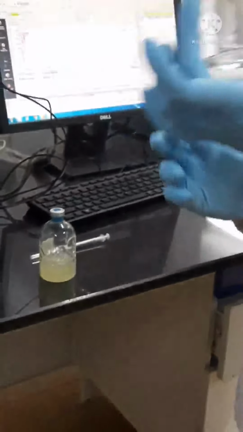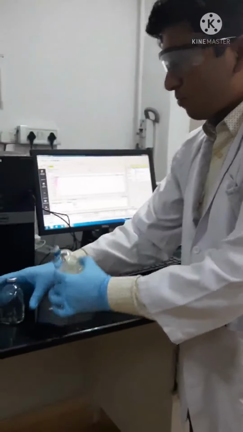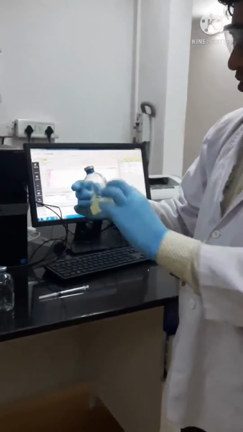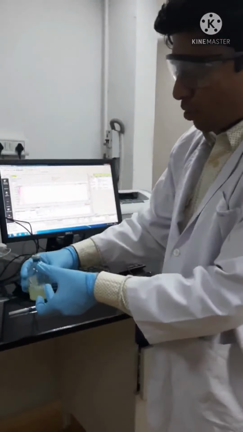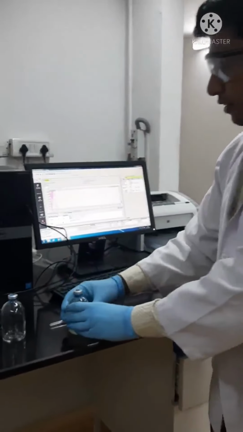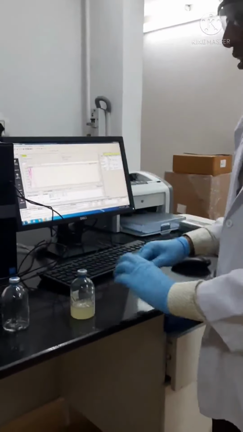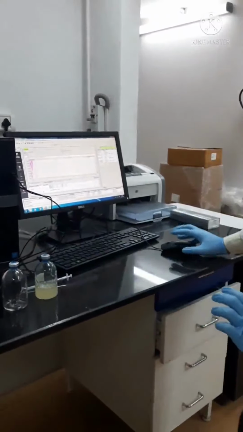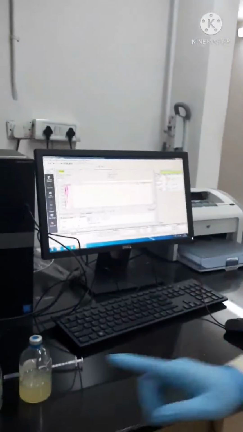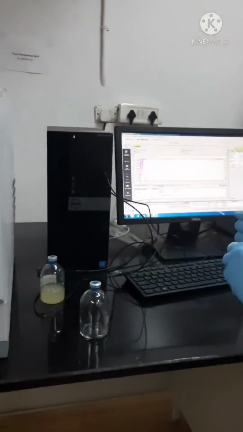We have two samples here. This is the pure hydrogen collected from the hydrogen cylinder, and this is the anaerobic fermentation sample. Whatever gaseous compounds are produced are collected in the air head space. We take the gaseous sample out with the syringe and inject it into the TCD inlet. I will do the pure hydrogen injection first, followed by the fermentation sample.